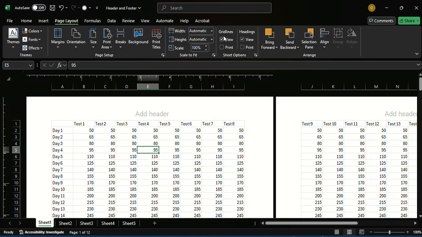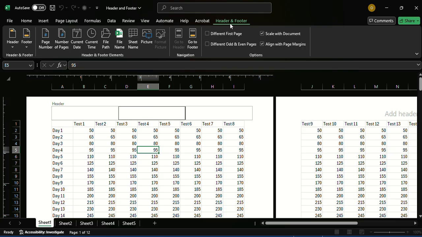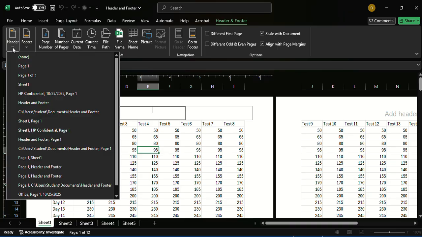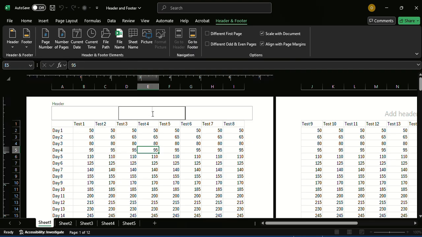Let's come back to, assuming we're working from here. Same thing here. You can see those predefined header and footer. Clicking here, you can see the predefined headers and footers. That is when we are working in the header and footer contextual tab. So header, footer, these are predefined. Or I could as well decide to create my custom